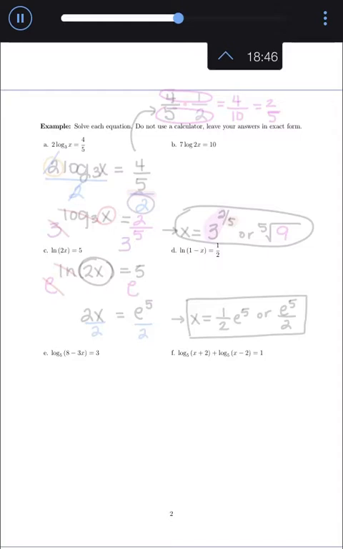On the first problem, A, we have 2 log base 3 of x equals 4/5. First, before we do anything though, we need to get the log with the x by itself, so we need to get rid of the 2 that's out in front. We're going to do that by dividing both sides by 2. This will get rid of our 2 and will leave us with log base 3 of x equals, well,